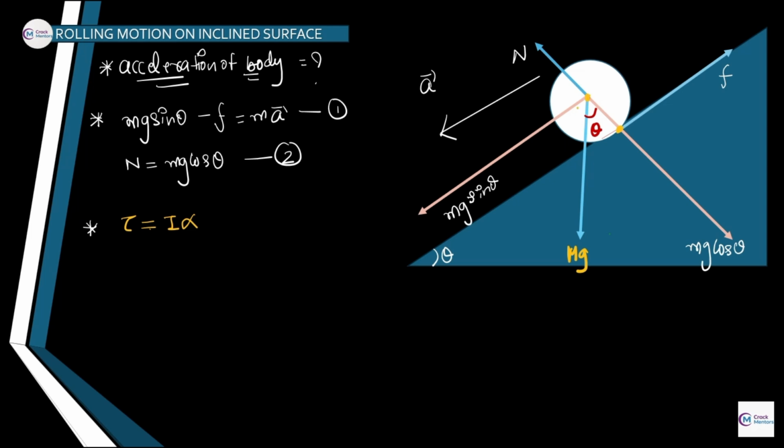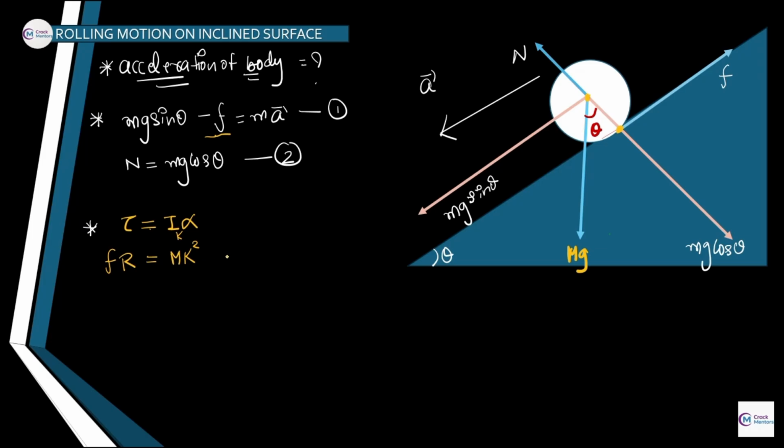Okay, now what will be the value of torque? Of course, torque is equal to r cross F, and there are multiple forces. By choosing this point, all the torque values are 0 except friction. Now I have mentioned the value of torque, which is equal to Fr, which is equal to mk square alpha. I am taking the general moment of inertia as Mk square, because the body can be general. This is the reason.